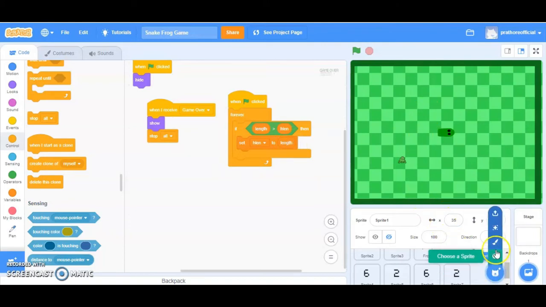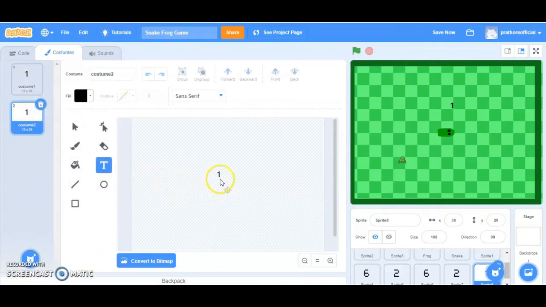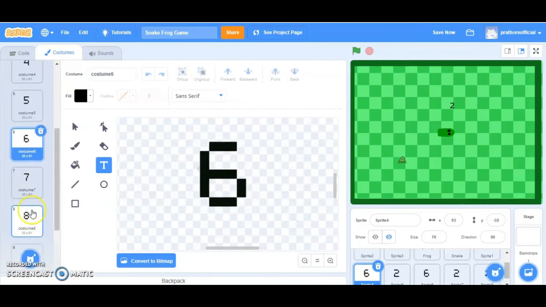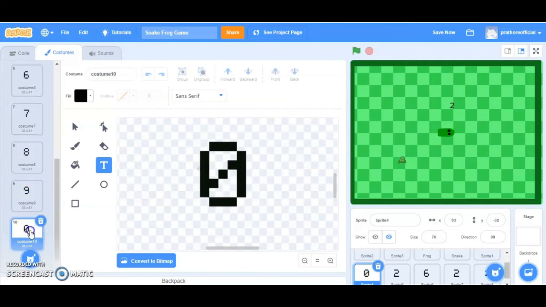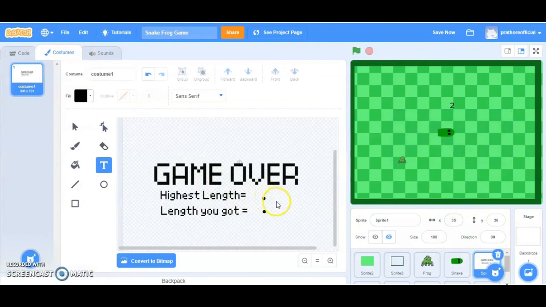For that, what you have to do is you will again create a sprite. Change it to 2. So this is 1, this is 2, 3, 4, 5, 6, 7, 8, 9 and the last will be 0. Now if the length is 0.1, there are going to be 3 letters. 0 is the third letter, so ones, tens, and then hundredth, the 100th letter. So it is going to be the third letter of the length, and then point is the second letter, which I'm going to make over here like this, and then the first letter. So I'm going to take 2 more sprites for the third letter and for the first letter. So I have duplicated this.